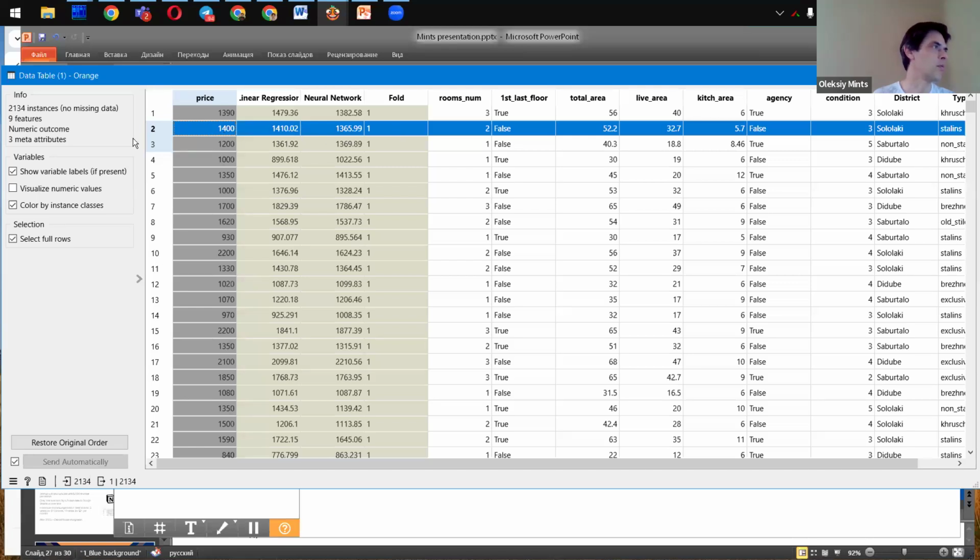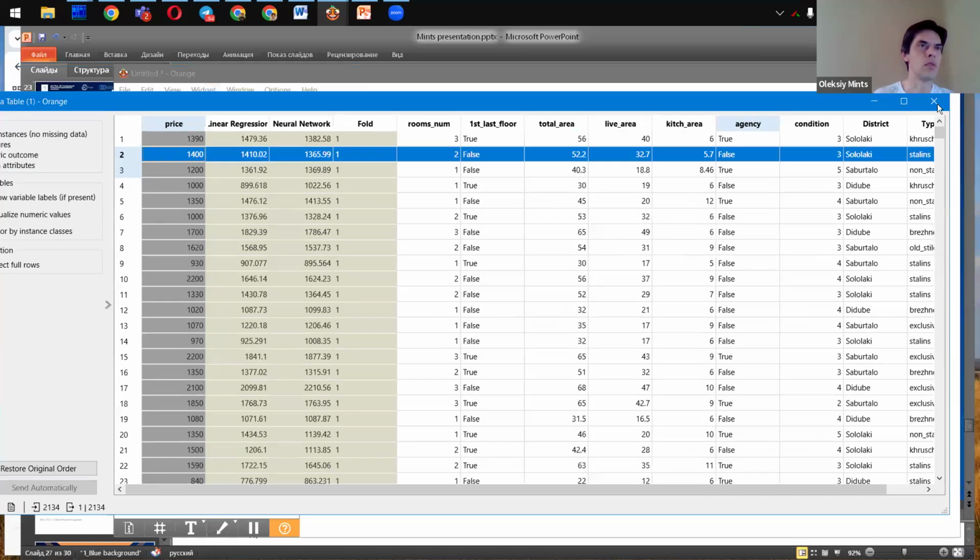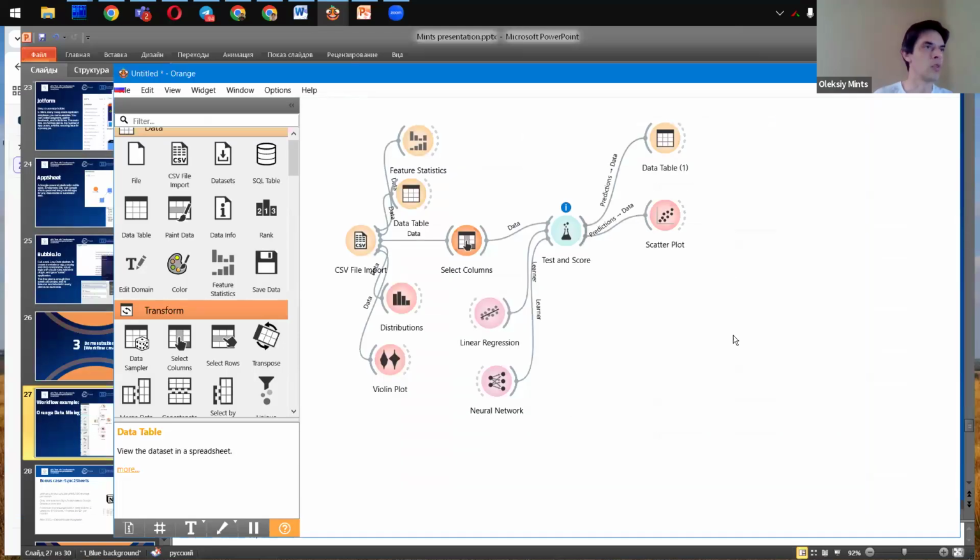With the data table, we may compare original price and predicted values. For example, on the second row, the original price is 1,400 hryvnias maybe, and our model predicted this price with a very low error. So we really may use this model, this tool, for an application for the purposes that I described earlier.